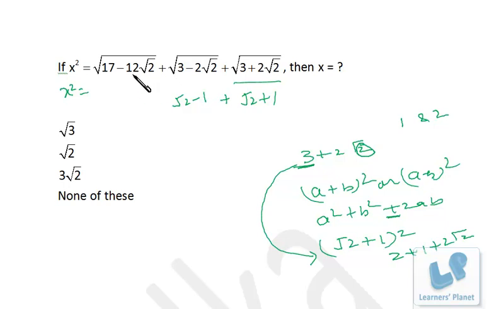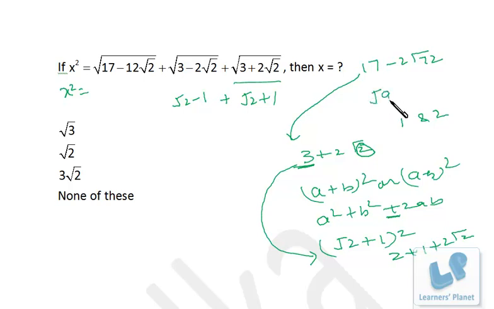See, here it's not 2ab but 12ab, right? So what you do to make it 2ab, you break the 12 into 2 into 6, and that 6, take into the square root. So 6, if it goes into square root, it will be 36, right? So finally it is 17 minus 2 root 72. Now we have converted this to similar form in this manner. So think of two numbers whose product must be 72 and sum must be 17. So that's nothing but 8 and 9, right?